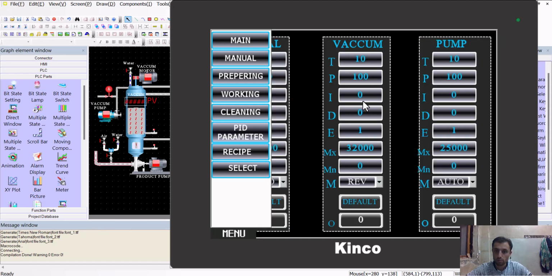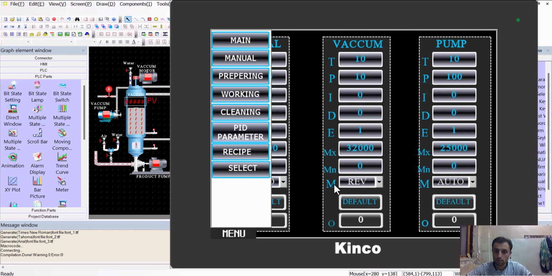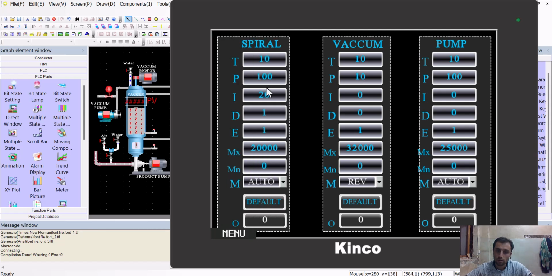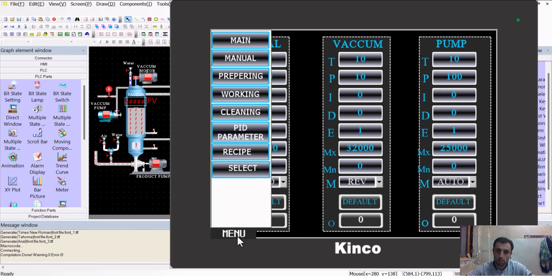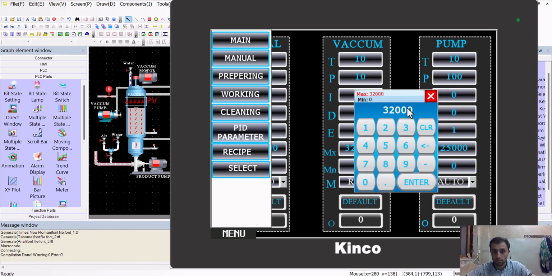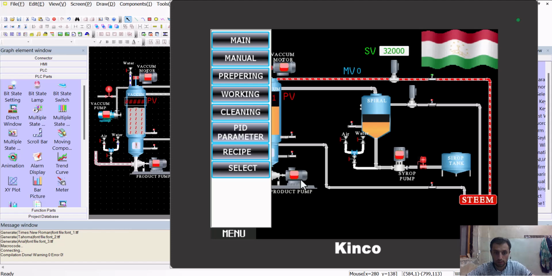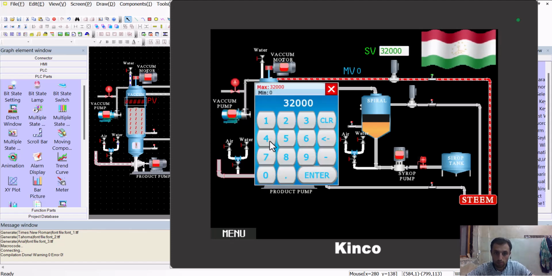In the P parameter 100, if I put 20, 10%, nothing is happening. Why? Because the differentiation should be less. We have differentiation here. If I put here 100,